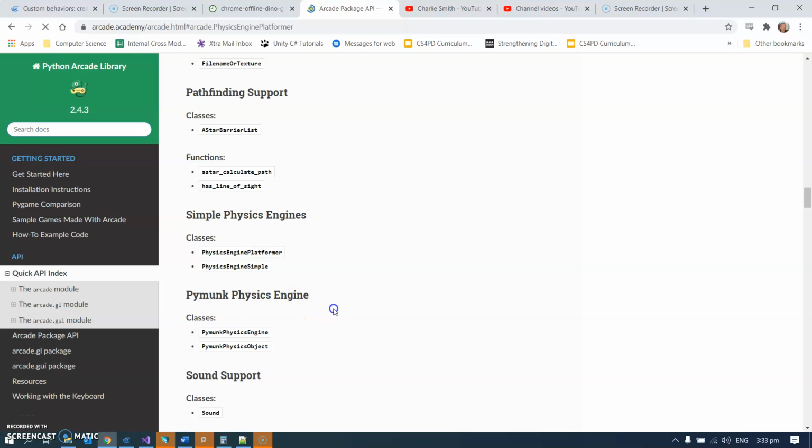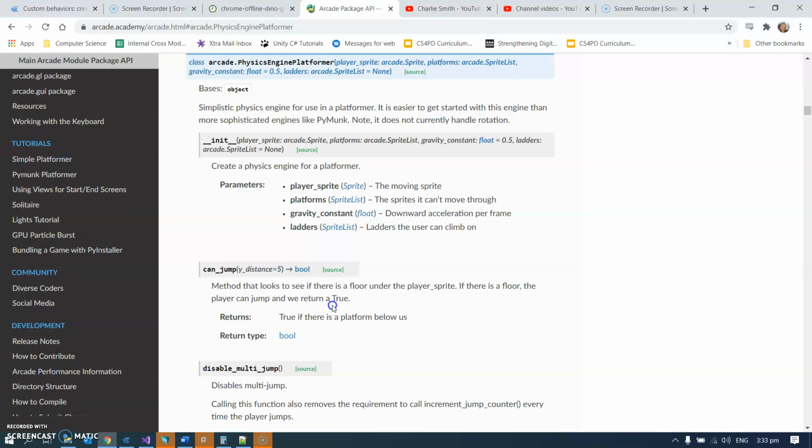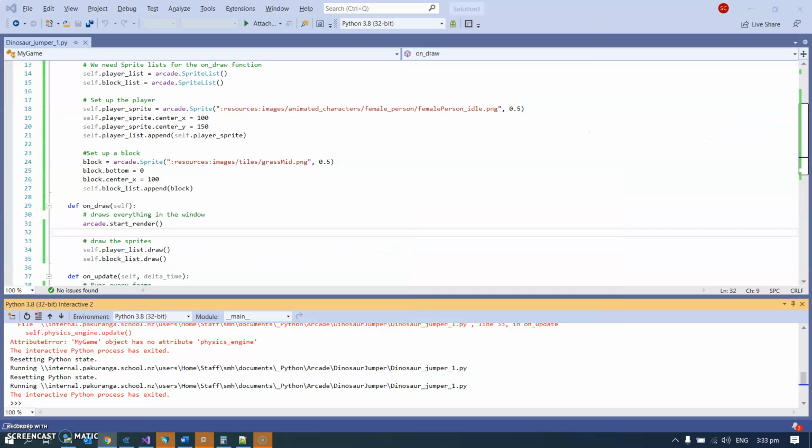So if I click on that, it will show me the setup for it. So when I create a physics engine platformer, it needs a player sprite, and it needs platforms and a gravity constant, and optionally we can have ladders. So I'm going to do that. Luckily I did this earlier, so I can just grab that from my setup over here, Control C, and